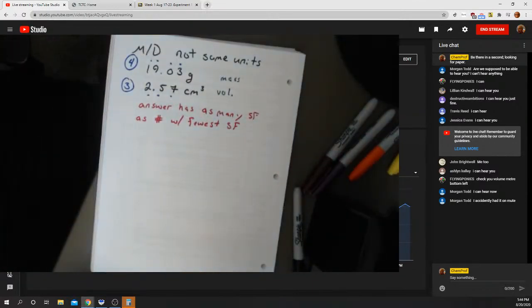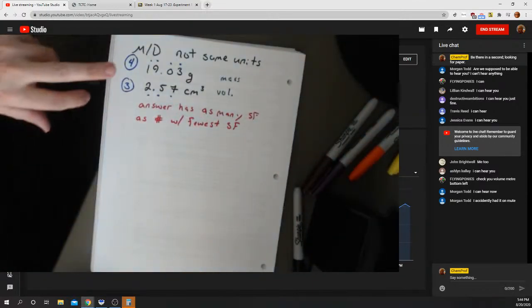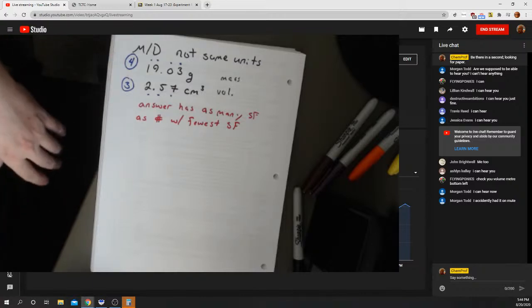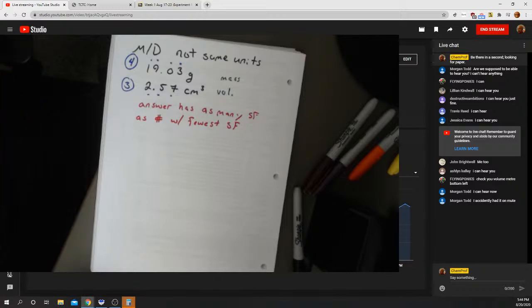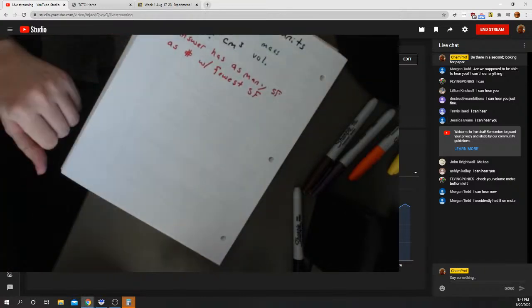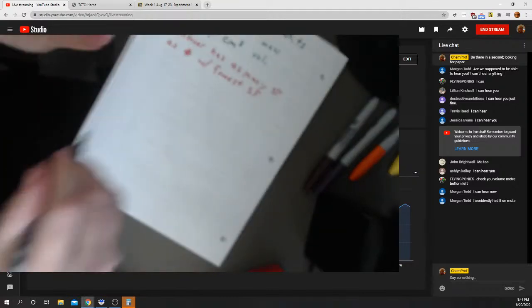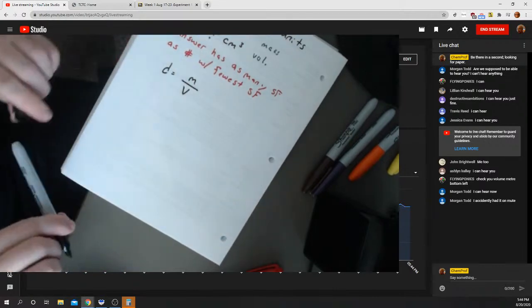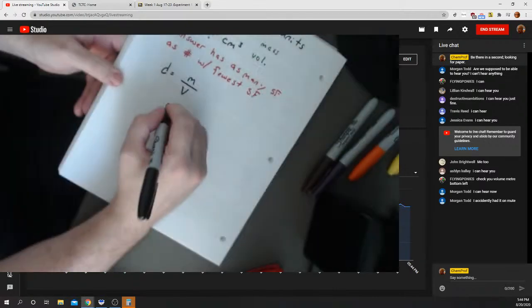So when you're doing multiplication and division, you count the sig figs. Whatever number has the fewest sig figs, that's how many significant figures your answer will have. So in order to find density, density is equal to mass over volume. So what we're looking at is